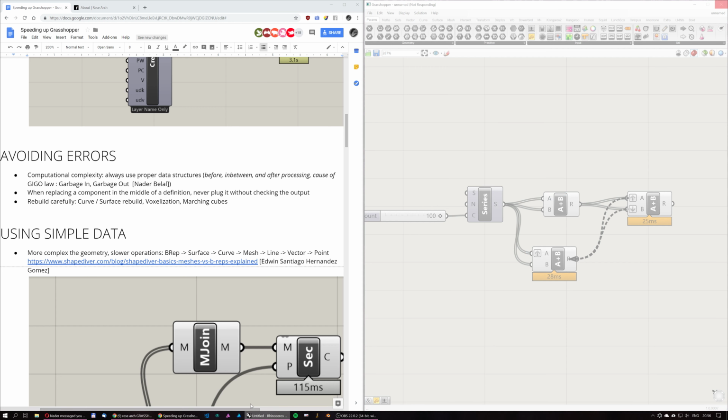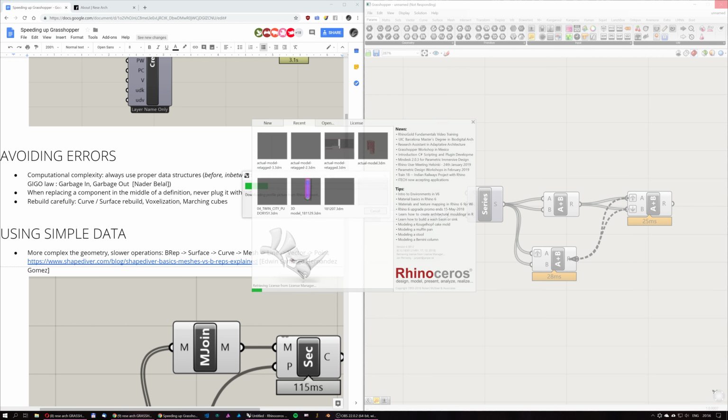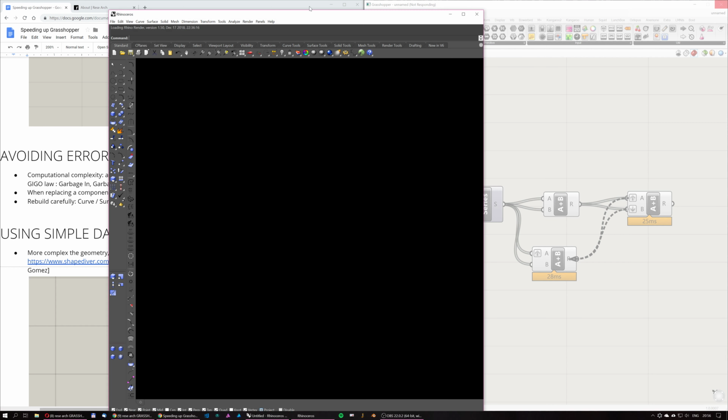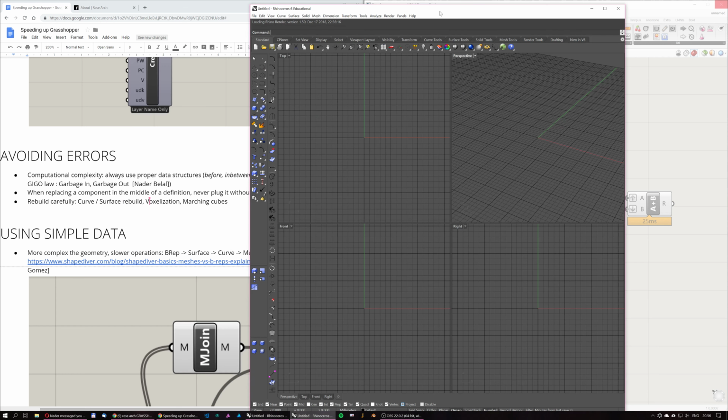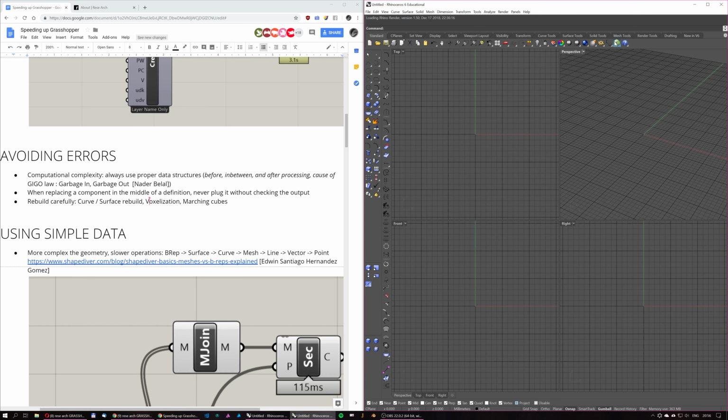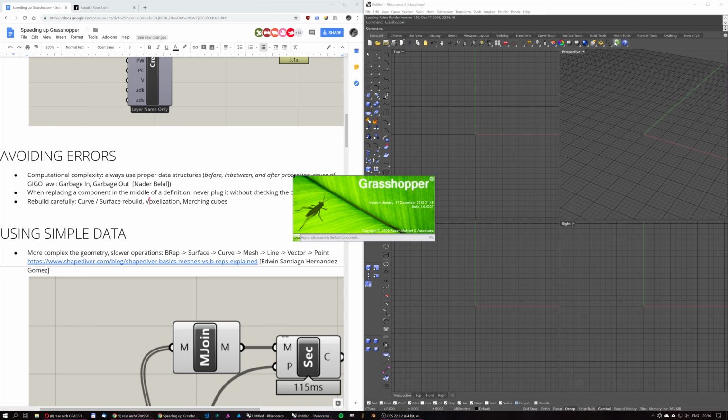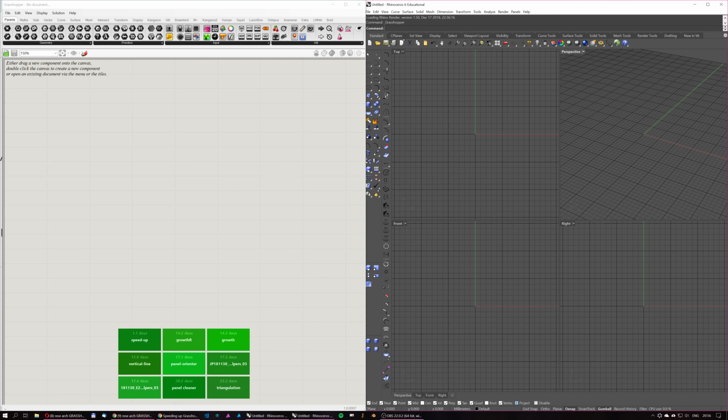I will run another one, and let's see if this one actually reanimates. Alright, so when rebuilding, be careful. When you're creating new geometry out of existing geometry, you have no way of expecting how big the new geometry is going to be. It might happen that